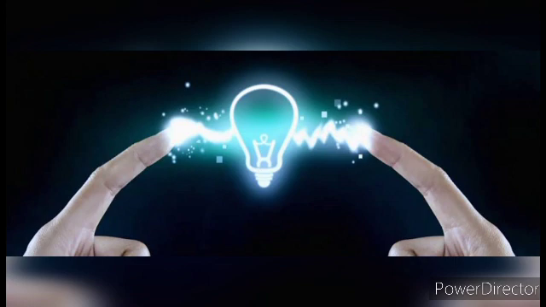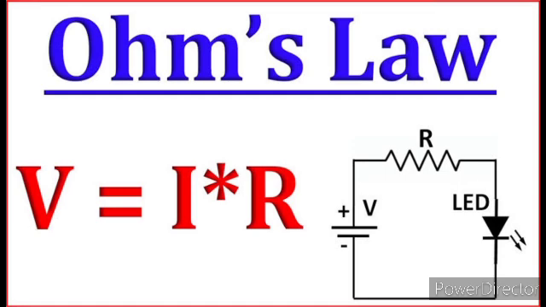Next thing which we are going to study is Ohm's law, and before Ohm's law I would like to tell you V equal to IR. This is very important for your Ohm's law. Now what is Ohm's law? According to Ohm's law, the current flowing in a conductor is directly proportional to the potential difference applied across its ends, provided the physical conditions and the temperature of the conductor remain constant. That is V upon I equal to constant, which makes V equal to IR. R is your resistance मतलब of conductor, so it is your constant.